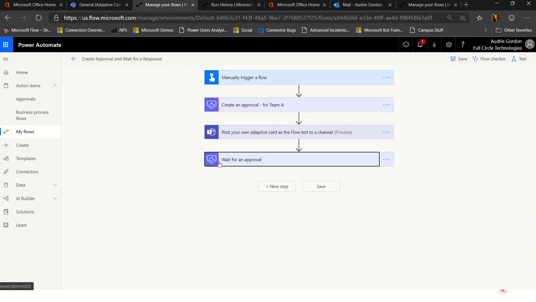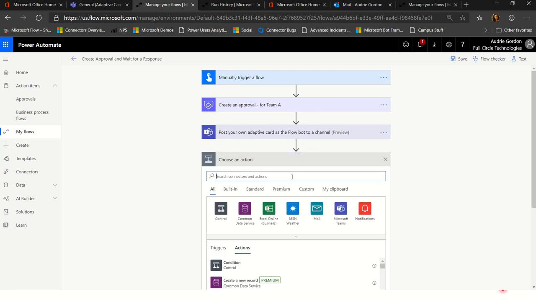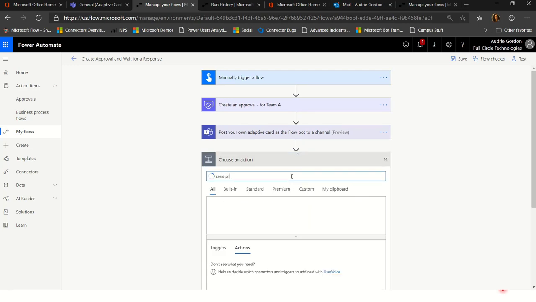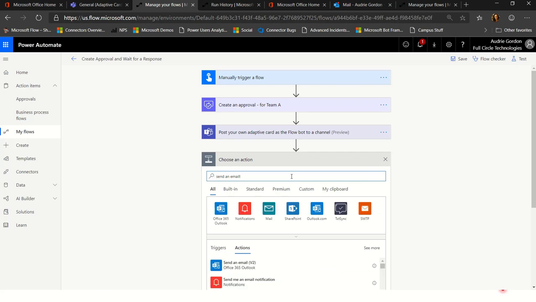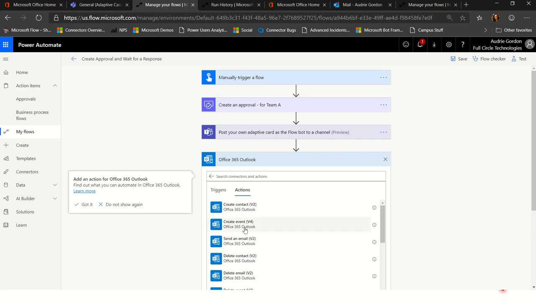Okay, we'd want to sandwich the action of posting to Teams in between a create and a wait. Now we could put other things here too, like maybe we send an email to somebody right here. It doesn't matter, but here's what you want to remember. Whatever it is you decide to do